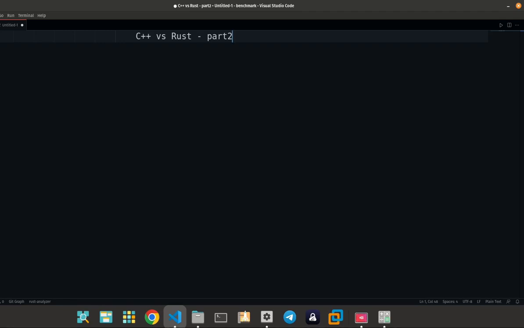Hello everyone, to part 2 benchmark between C++ and Rust language. So in part 1 I did some benchmarking based on a simple application. Do some mathematical operation, push it to a queue, and then calculate the time it requires to do this operation